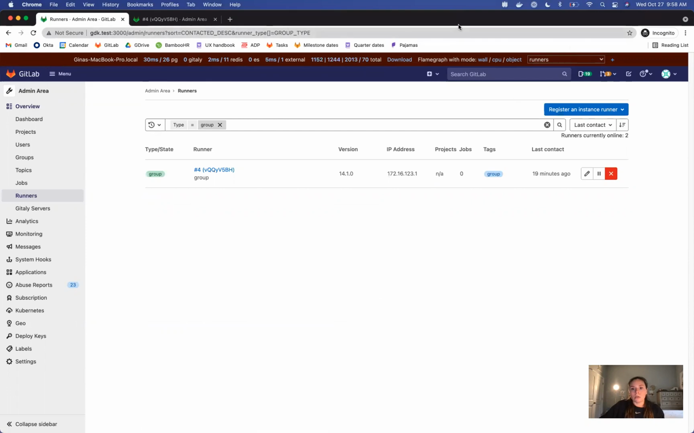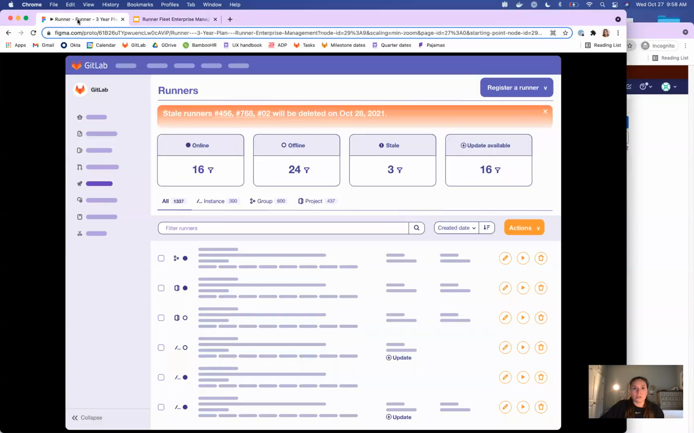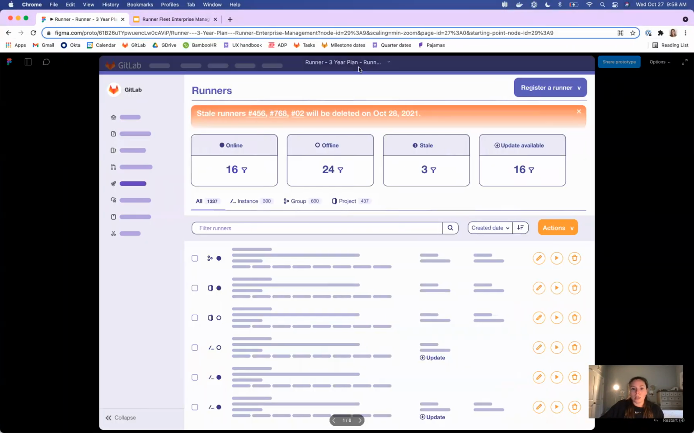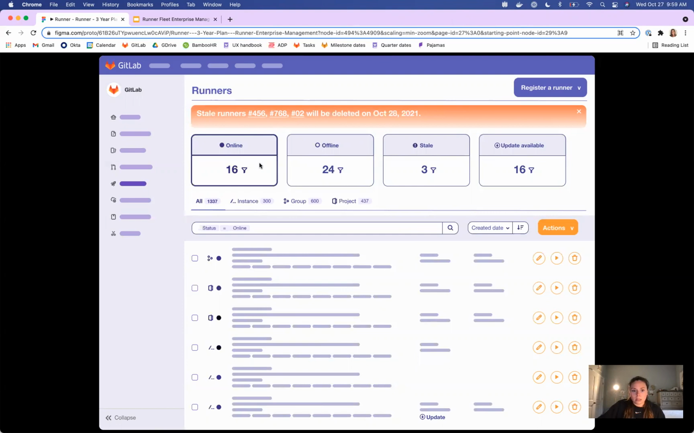And now I'm going to jump over to the visionary mockups to show how we have focused on improving those. So the first thing here is that you can see we provided these overall counts of different statuses that are important and would allow admins to quickly complete their tasks. For example, locating how many runners are online. We also can allow filtering from these. So if I were to select online, I could see all of my online runners